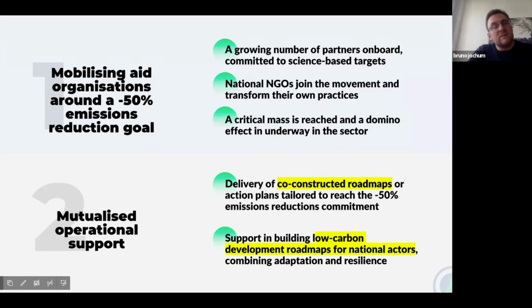Second is mutualized operational support. And this is what we do when working with the key organizations I mentioned before. So it's the co-constructed roadmaps, but it's also providing added value in the implementation of projects